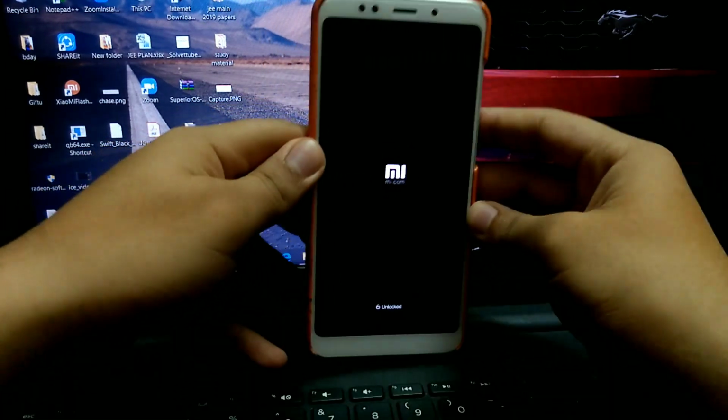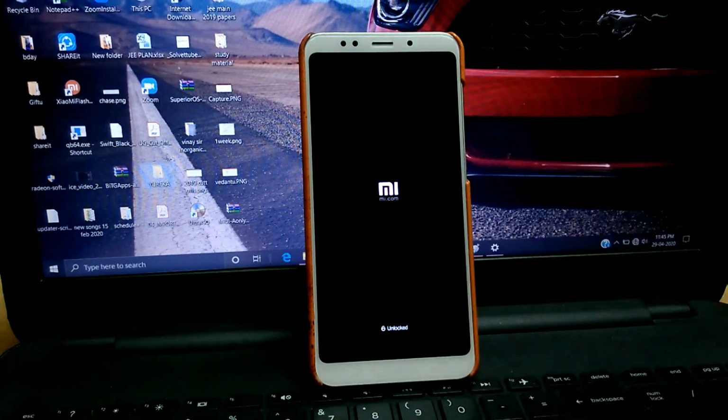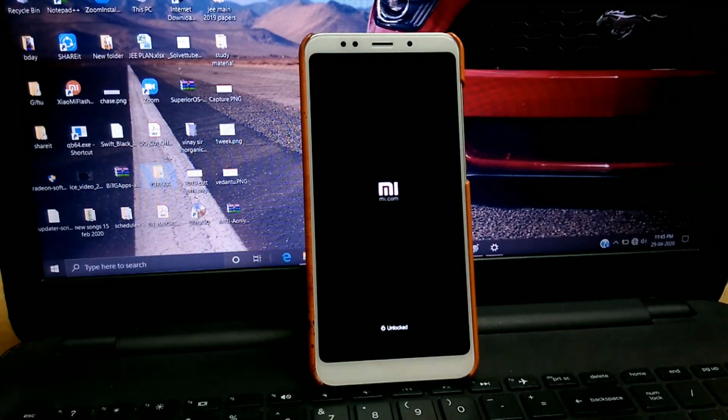There it is, the Mi logo. I don't know how much time it's going to take. Usually it takes quite a bit of time, as when it installs MIUI. The last time I installed MIUI 11, though it was not a GSI, it was a Chinese closed beta file, it took quite a lot of time. But that's another thing, I just installed the ROM file that time. This time it's a GSI. I don't really have any idea how much time it's going to take,